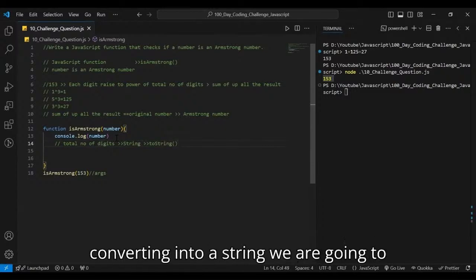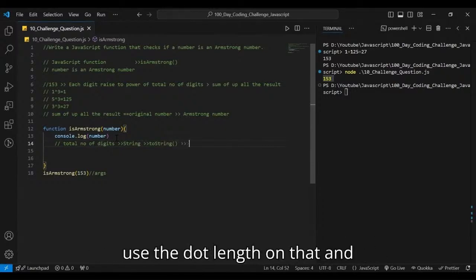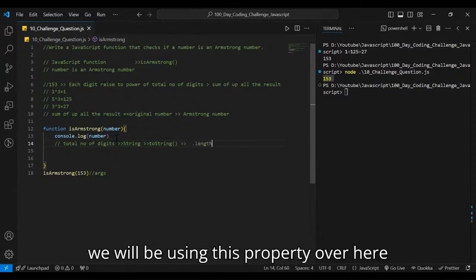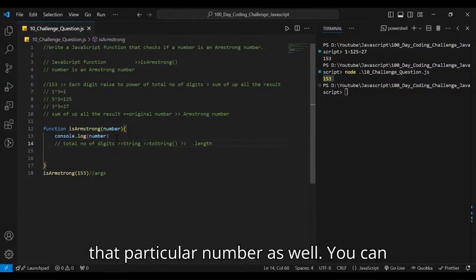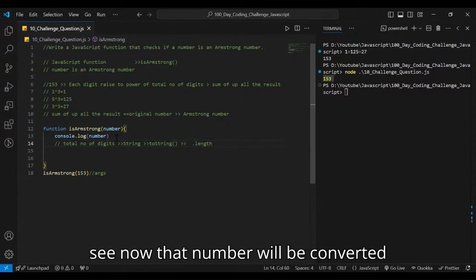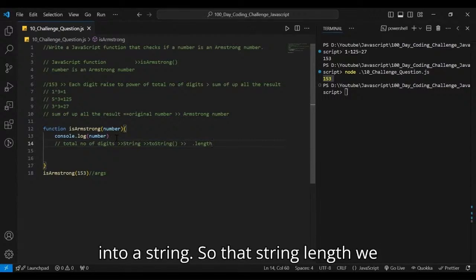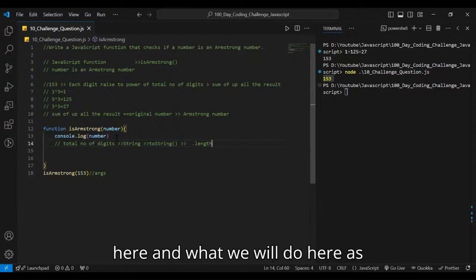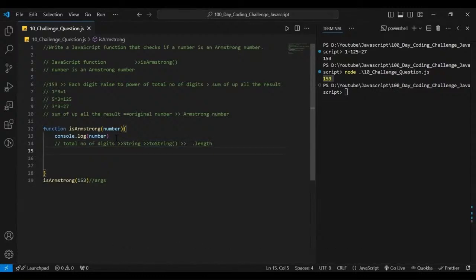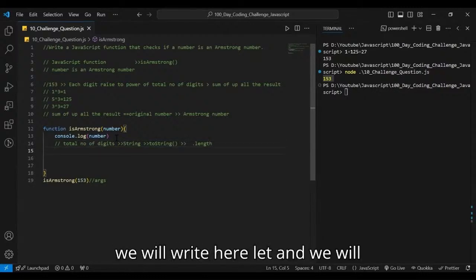After converting into a string, we are going to use dot length on that, and we will be finding out the length of that particular number as well. You can say now that number will be converted into a string, so that string's length we are going to find out. Okay, so let us come here, and what we will do here is write let,